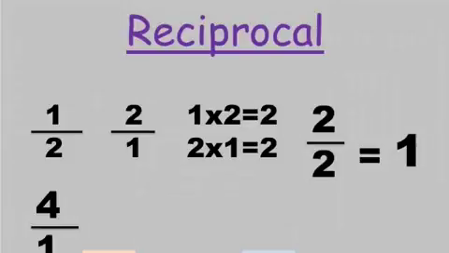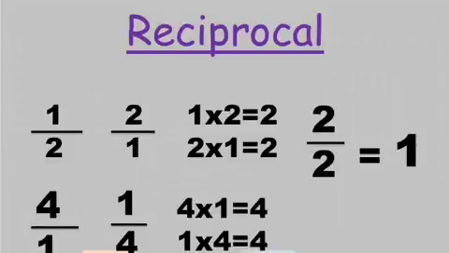So the reciprocal of the whole number, you just have to remember that there's that invisible 1, so the reciprocal of 4 over 1 will be 1/4. We multiply the two of those. 4 times 1 is 4. 1 times